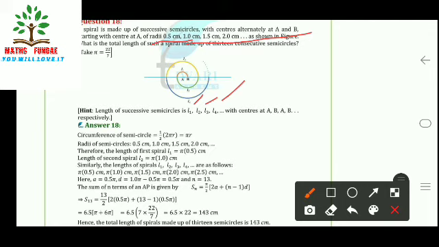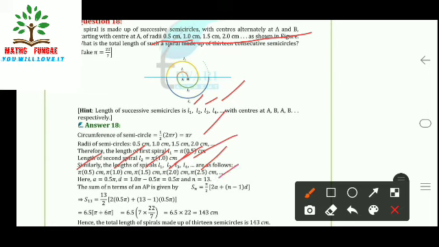Then the circumference of the first semicircle, because it is only a semicircle, is half of 2 pi r, that is pi r. If the radius is 0.5, 1, 1.5 and so on, then the length of the first semicircle L1 is pi r, that is pi into 0.5. The second will be pi into 1 centimeter radius, likewise the third 1.5. So we have terms pi into 0.5, pi into 1, pi into 1.5, pi into 2, pi into 2.5 and so on. The difference d is 1 pi minus 0.5 pi, that is 0.5 pi.